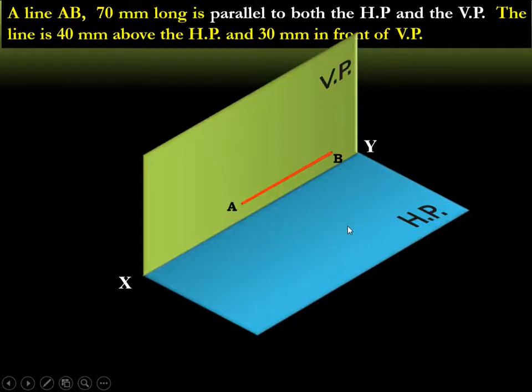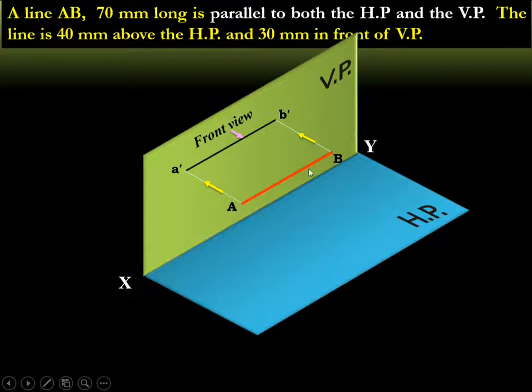To obtain the front view of the given straight line, we need to observe the straight line from the front and the line need to be projected on the vertical plane. And the projected line on the vertical plane can be called as its front view. Ensure that the two projectors are perpendicular to the reference plane. The front view of the straight line capital AB must be denoted using the corresponding lowercase letter with dash. That means the front view must be denoted using small letter A dash B dash.